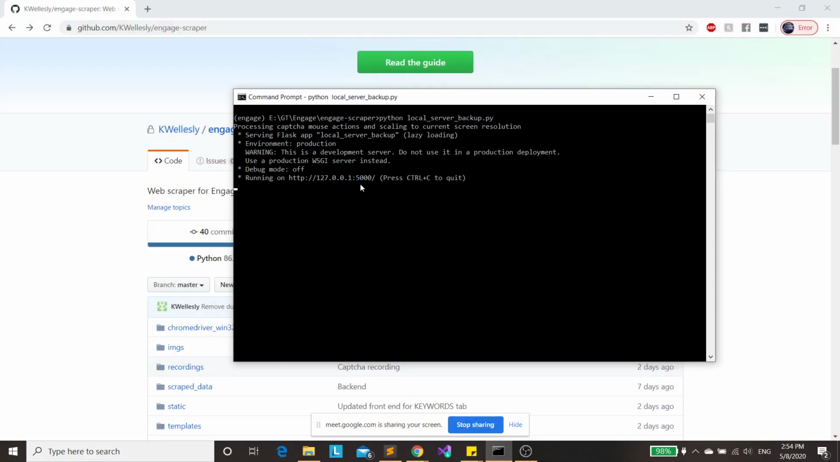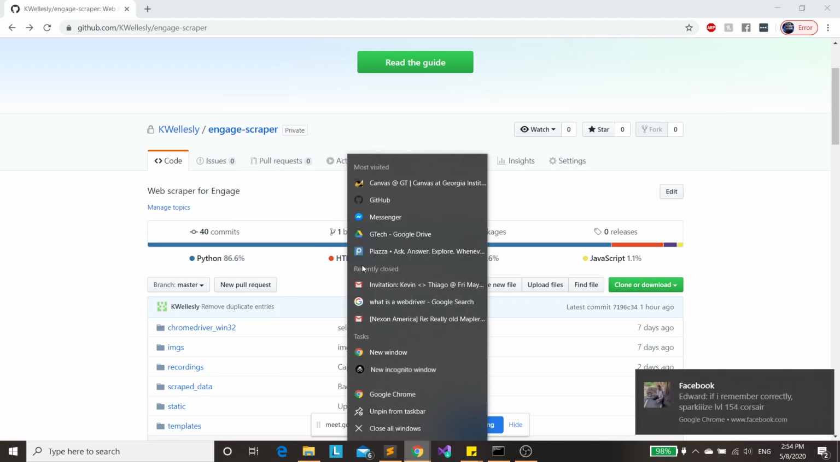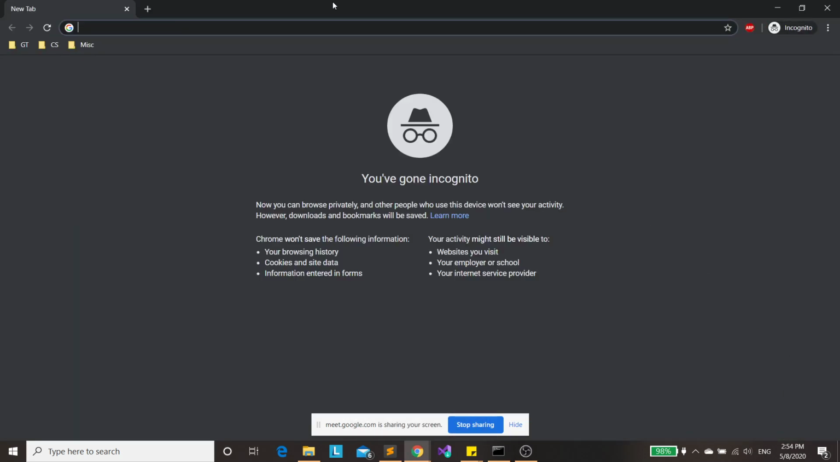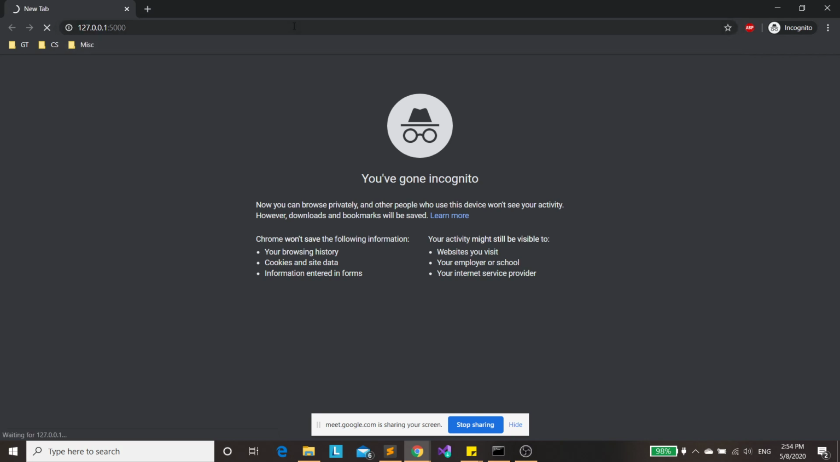But yeah, I just wanted to show you guys that. And now you'll notice here that it says running on this URL. This is your local address. So go ahead and open up an incognito window. This is just a personal preference because if you use an incognito browser, it doesn't save as many cookies, so it refreshes really quickly. But if you go here,